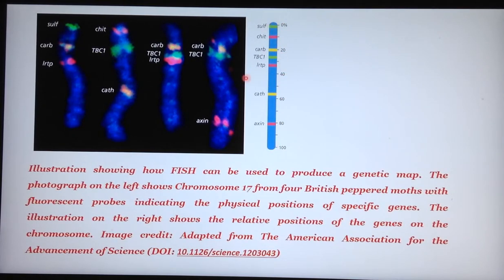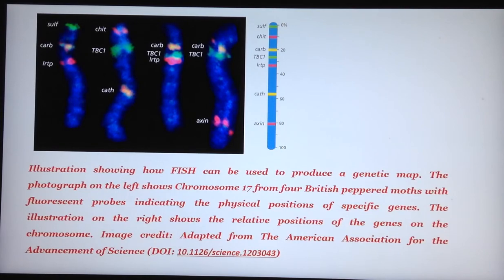So this is a gene map depending upon the locations which we are getting. So this is there, then we have this one, then we have this followed by this one. So this is how by mapping different genes on the chromosomes, we can come up with the actual genes present